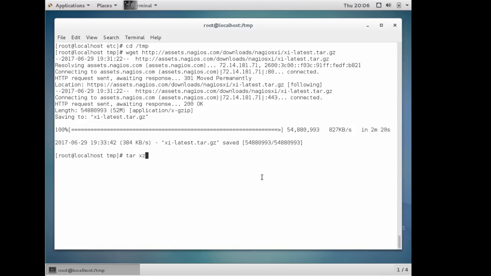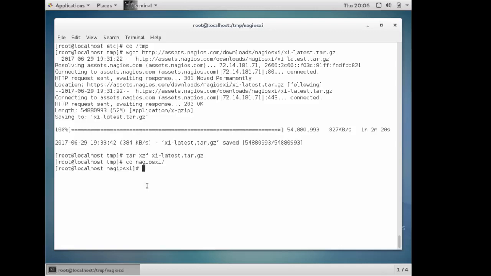So here we go. We downloaded our latest stable release. Now let's go ahead and untar it and uncompress it. So that's when you use the tar extract. Z, it's to uncompress. F, it shows the file listing, and then we give it the file name. Now once it's done extracting your folder, you can do a cd into Nagios XI,